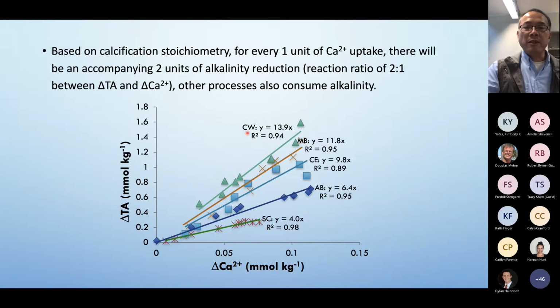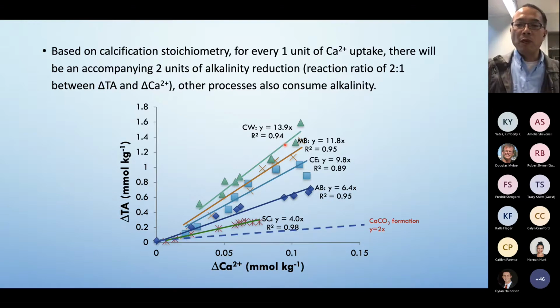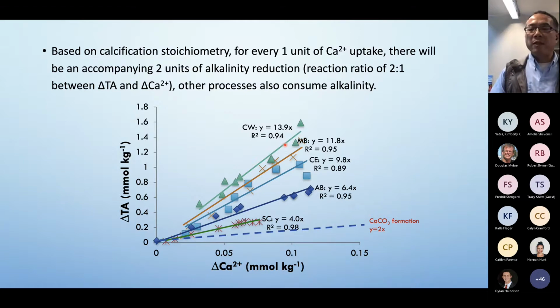Right, so that's what we saw for the innermost station, moving out all the way to the ship channel. You can see all these slopes are fairly large compared to what you would expect for calcium carbonate formation. If you have calcium carbonate formation, the reduction of calcium and alkalinity would follow a 1:2 ratio, or if it's alkalinity to calcium ratio, it would be 2:1. But instead, we saw much higher alkalinity drawdown per unit of calcium drawdown, which means not only calcium carbonate formation may be responsible for the alkalinity reduction, but there may be something else that we didn't know.